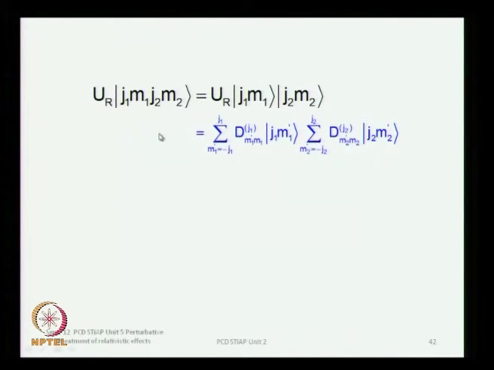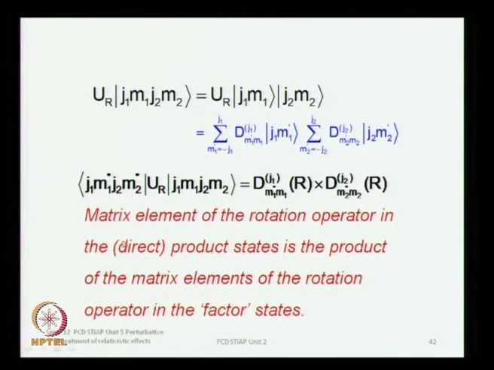So, this is what I was referring to earlier, that whenever you are subjecting these angular momentum states to rotations, you will remember that we discussed these relations in our unit on angular momentum. Both of these must undergo the rotation, and then you get the net result with a linear superposition of m1 prime vectors going from minus j1 to plus j1 and m2 prime vectors going from minus j2 to plus j2. So, this is the simultaneous rotation of the two eigenstates which must be applied whenever you subject this to rotation,